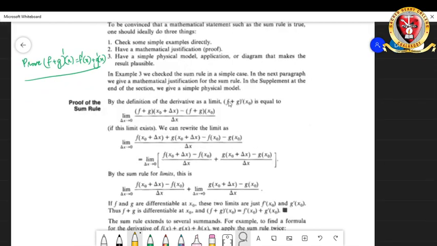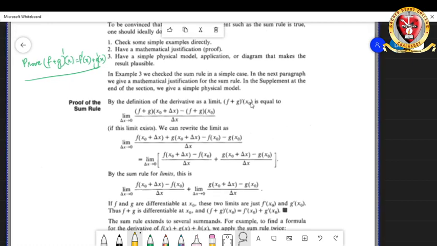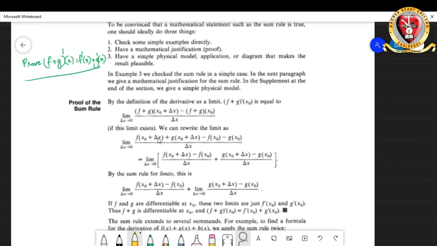So suppose f plus g the whole dash at a point x naught. Let this be an arbitrary point x naught. It can be anything. Suppose the limit exists at that point, so by the definition of differentiation, you know that f plus g the whole dash of x naught is nothing but the limit as delta x tends to 0 of f plus g of x naught plus delta x minus f plus g of x naught, divided by delta x,